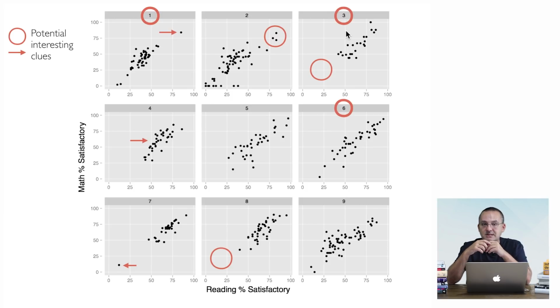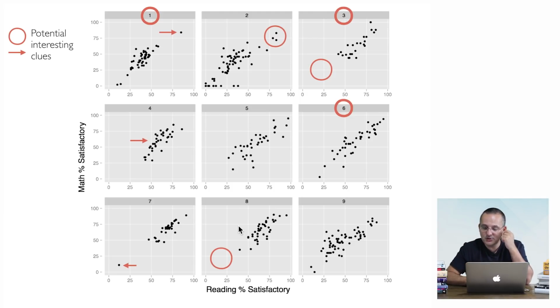And then board district number 7, which is the board district where I lived, is like the mirror image of board district number 1. If on board district number 1, most schools were on the bottom left, with one great exception on the top right, board district number 7 is the opposite. All schools are on the top right of the spectrum, and there is one school down here, and you can notice that I put an arrow pointing out that school. So we have a low performing school in an otherwise great board district in terms of student performance in school. What's going on? We don't know, but we have discovered an insight.